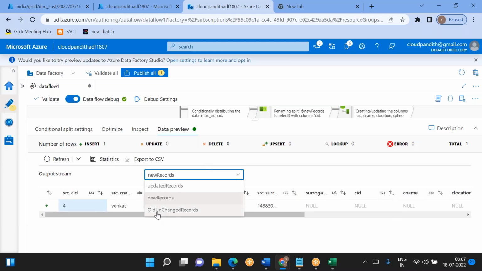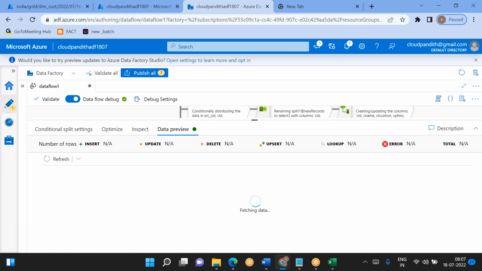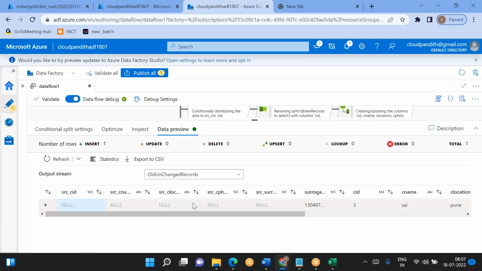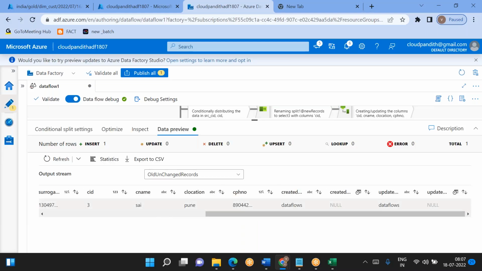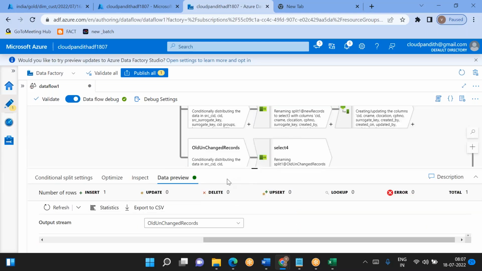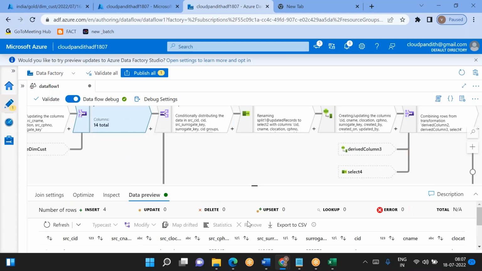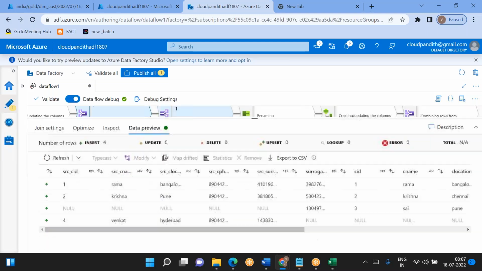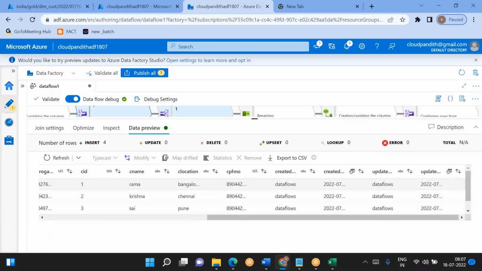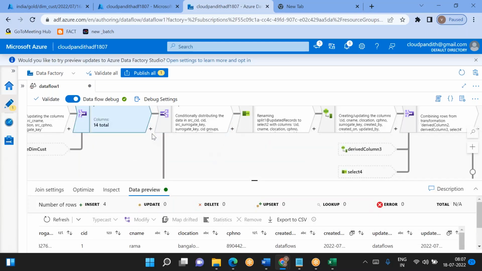Oh, for new records, anyhow, it will not be there. See, the created timestamp values are not coming here. It is not refreshing properly. When I added the join again, it is working, right? Similarly, I think